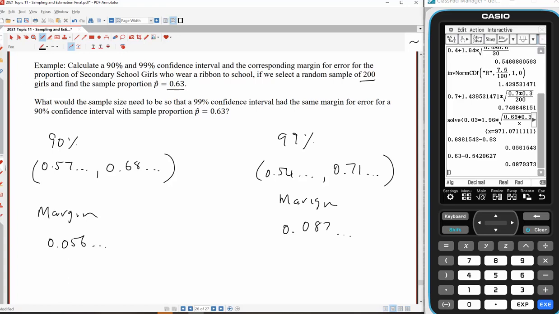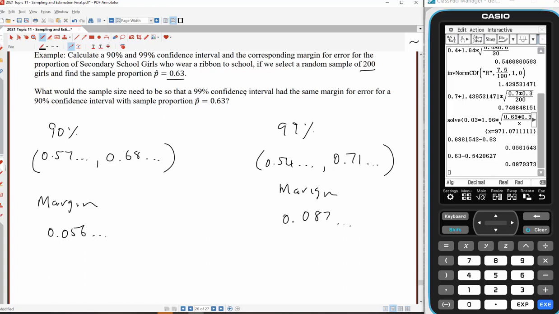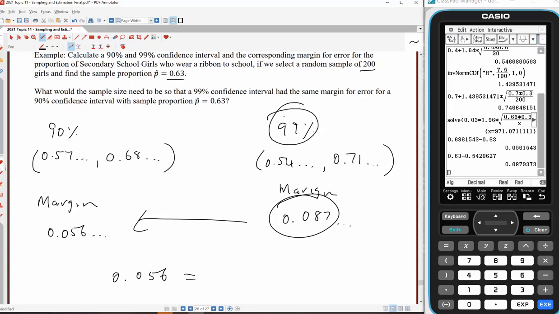All right, what would the sample size need to be so that a 99% confidence interval had the same margin of error as a 90% confidence interval with the same value for p hat? Okay, so the margin of error is here. We want the margin of error to be this. So that needs to be a margin of error. Now, we need a 99% confidence interval. So that's going to be,